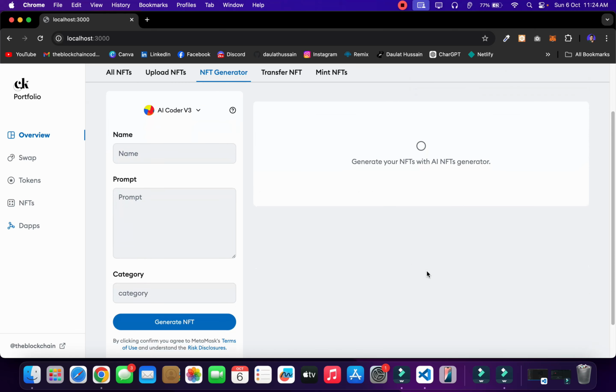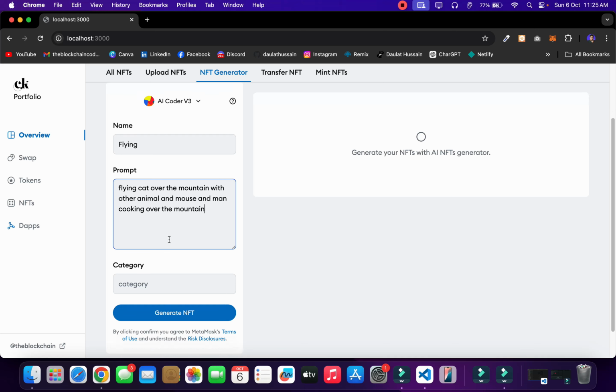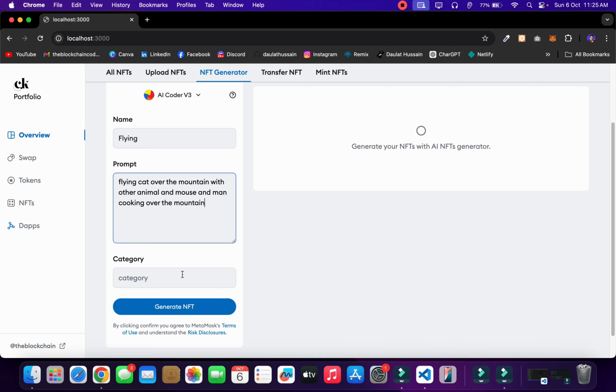So you can use the AI model to generate the NFT and upload to the IPFS. So let's generate. So I'll say flying, and let's give the prompt. I'll say flying cat over the mountain with heavy with other animals, and mouse with mouse, and man cooking over the. You can give whatever prompt you want. We'll get something as an output when we give this prompt, and you can give a category, let's say animal,